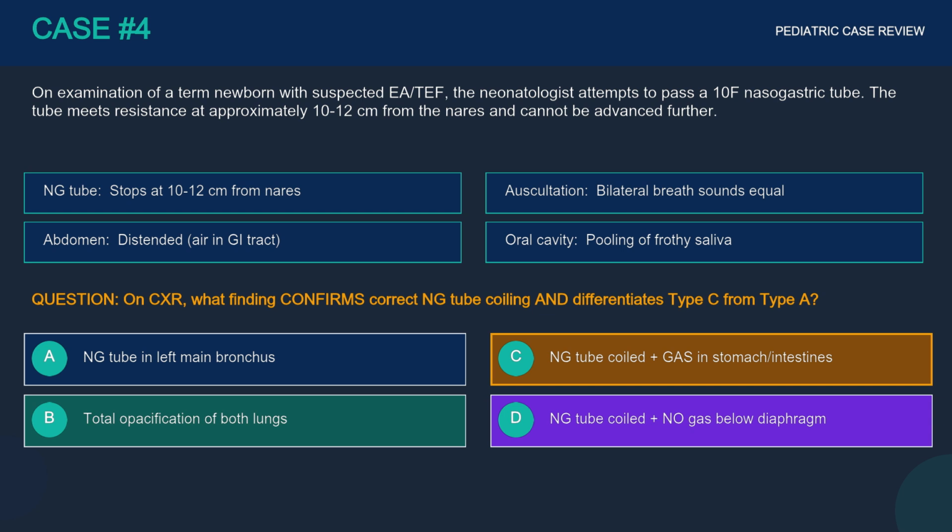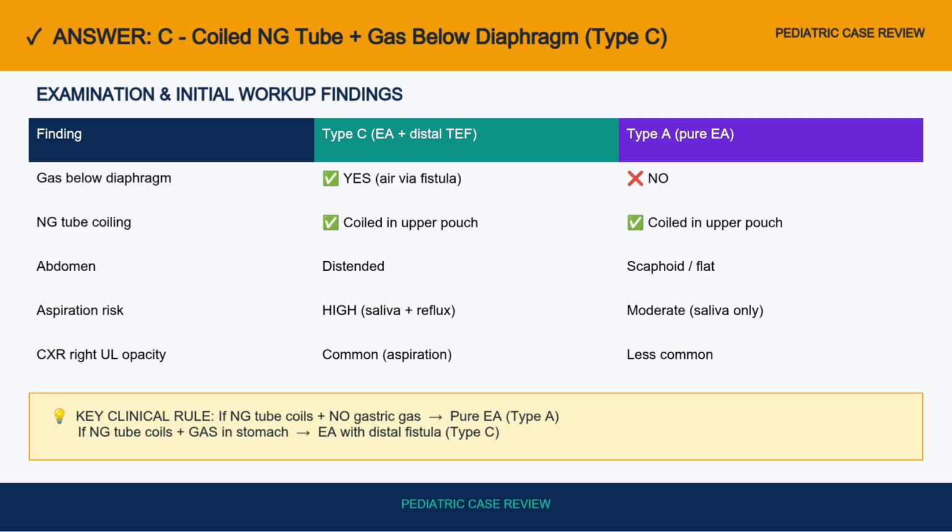Option B, total opacification of both lungs. Option C, nasogastric tube coiled plus gas in the stomach or intestines. Option D, nasogastric tube coiled plus no gas below the diaphragm. The correct answer is option C, nasogastric tube coiled in the upper pouch plus gas visible below the diaphragm, which confirms type C esophageal atresia with